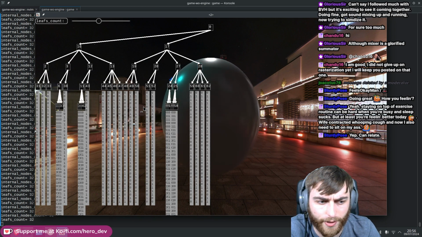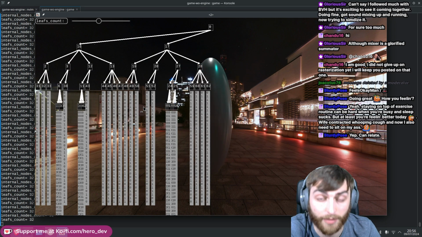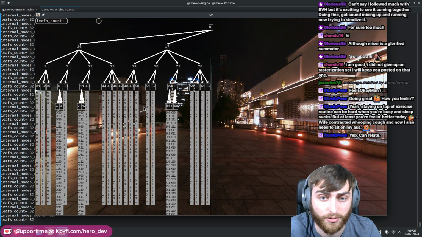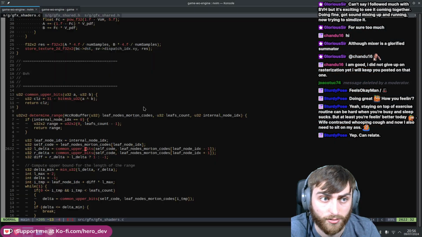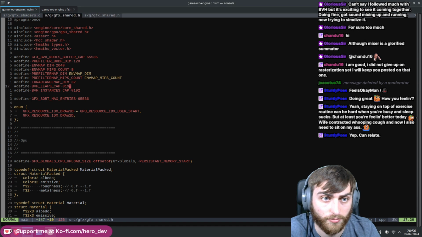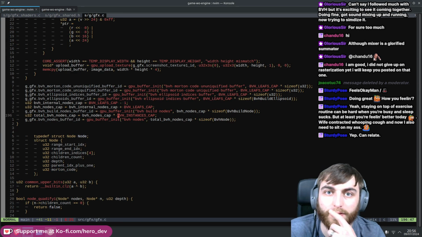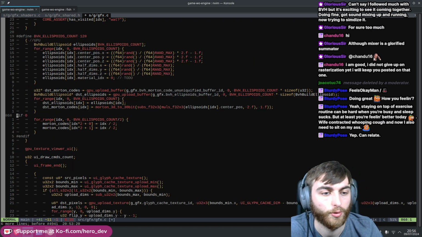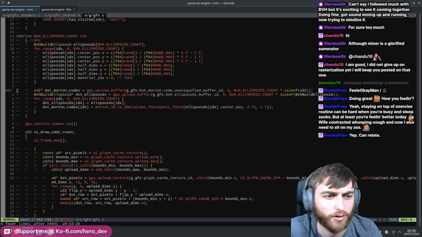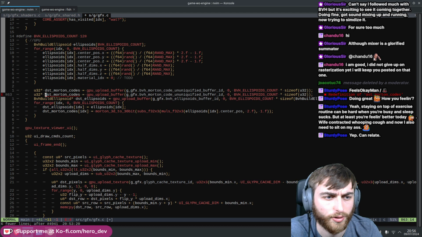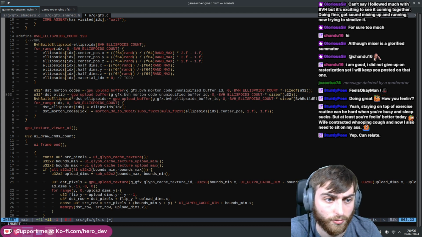So we've now uploaded the ellipsoids that we want to render in the scene. Now we need to make sure that they get sorted. Oh, we didn't put the indices in, did we? We've got to do that. There's another one called ellipsoid indices. That's another buffer that we made. So when we build a BVH,